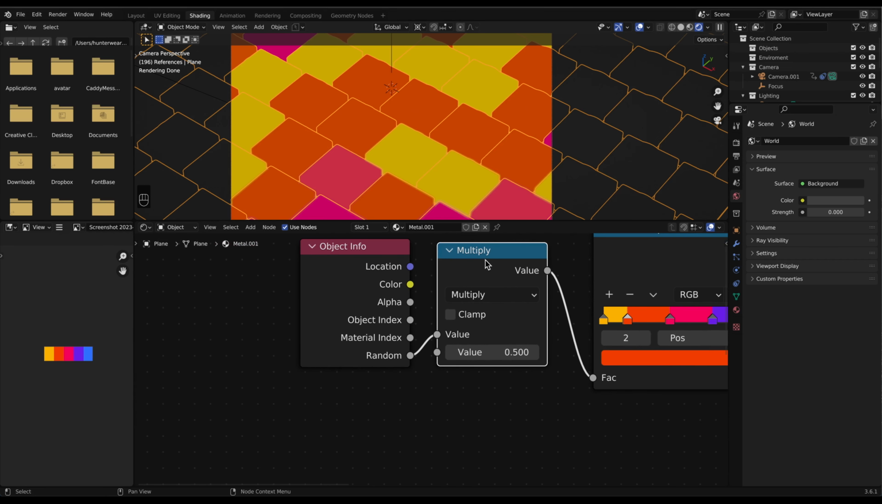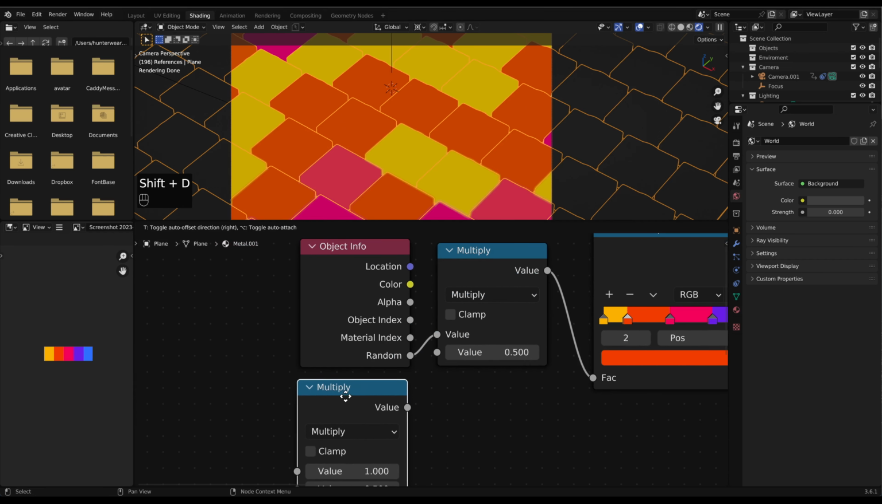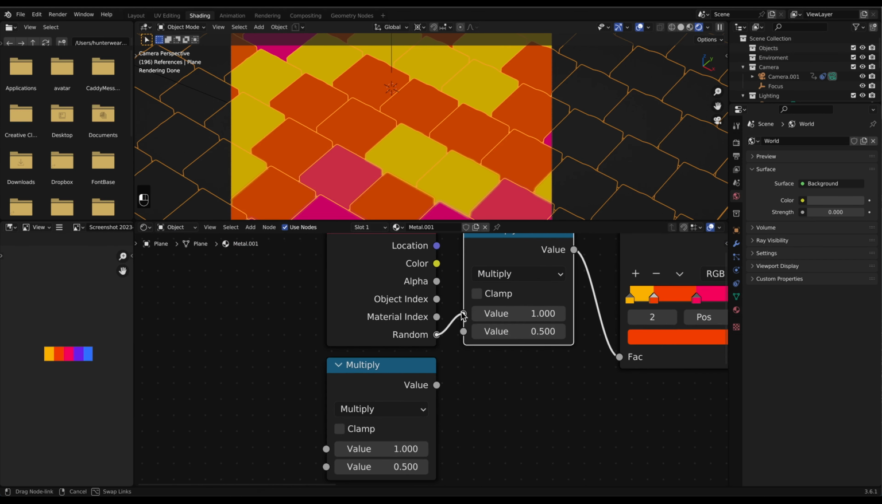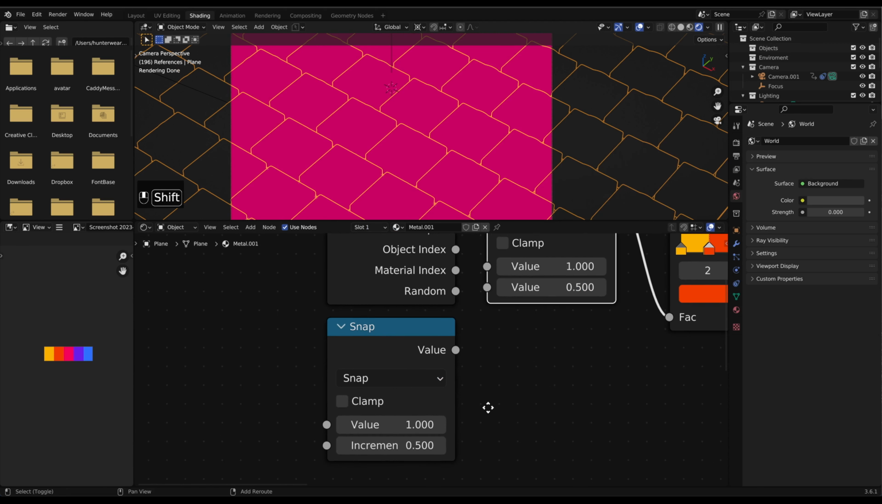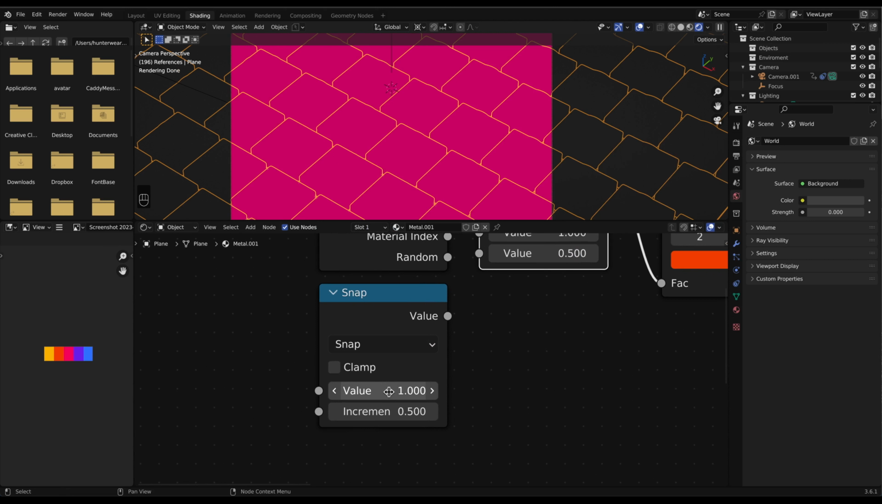Now what we can do is duplicate this node here. We're going to use a new node. We're going to unplug the value here. Now we're going to click on the multiply, go over to snap. Now what snap allows us to do is input a value here. So if we put in 6, it will snap it to an increment of 0.5, or whatever we set